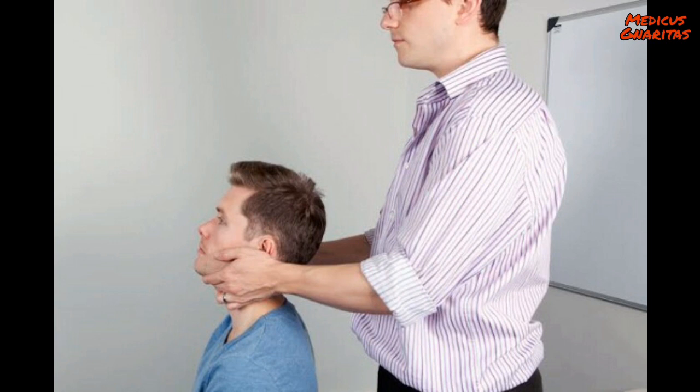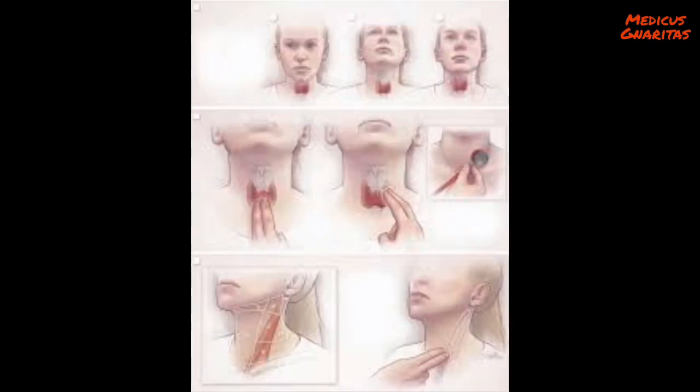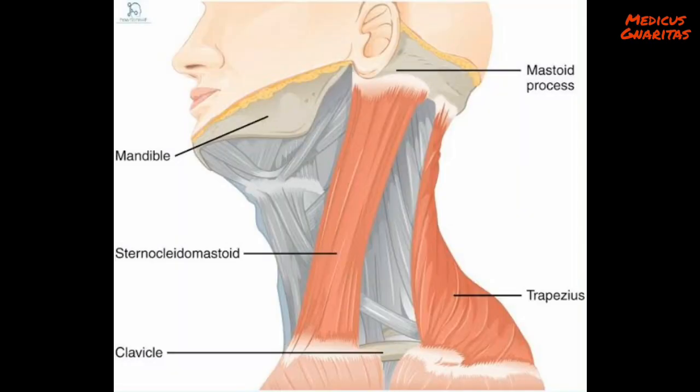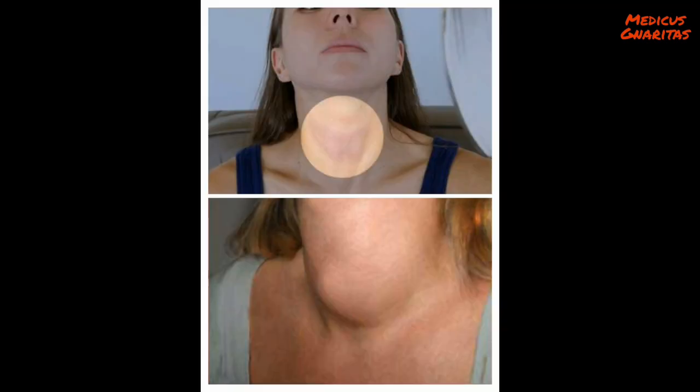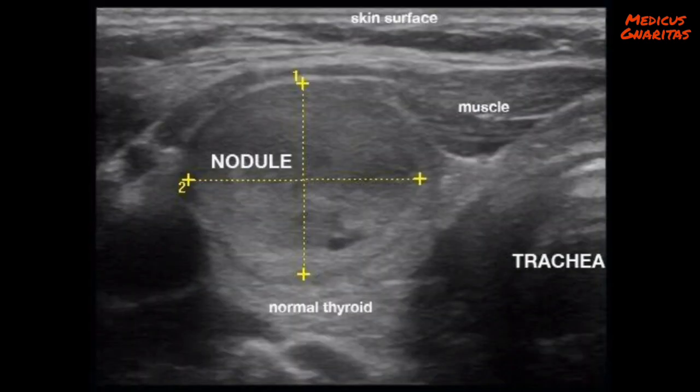Palpation. The patient is examined in a seated or standing position. Standing behind the patient, attempt to locate the thyroid isthmus by palpating between the cricoid cartilage and the suprasternal notch. Move your hands laterally and try to feel under the sternocleidomastoid for fullness of the thyroid, ruling out goiter. Normal to small has lateral prominence less than 2 mm, and larger than normal, that is 2 times the normal, has lateral prominence greater than 2 mm.